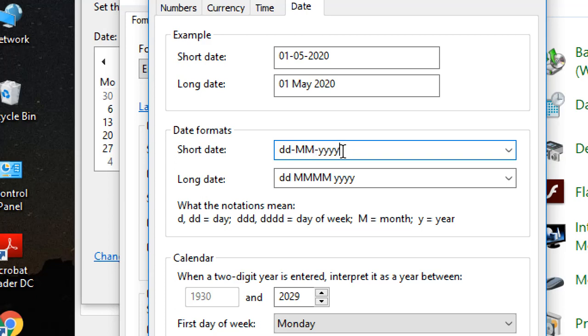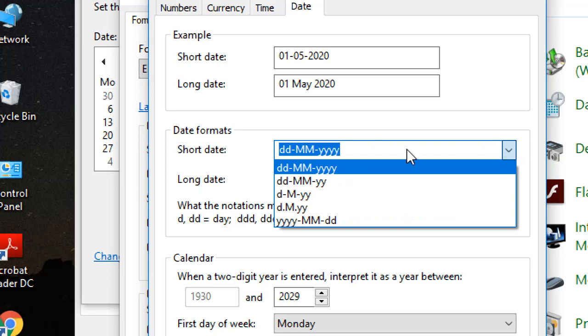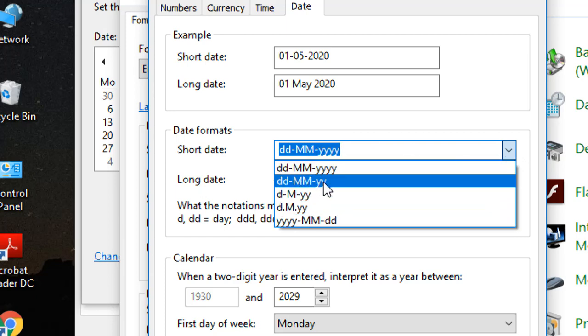And the year 2020. Clear everyone? Let's see, click on the down arrow and see which date is there. Look, here is only DD, MM and YY. The last year is giving you 2 digits only, so which will it show you? It will show you only the last 2 digits of the current year.